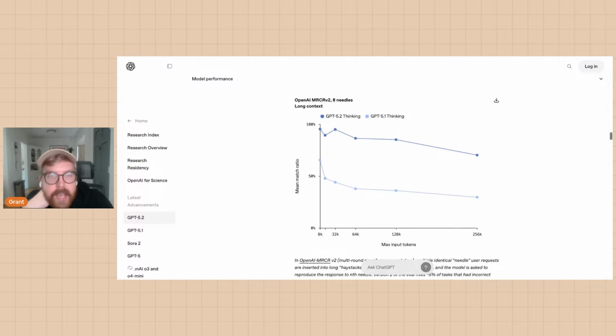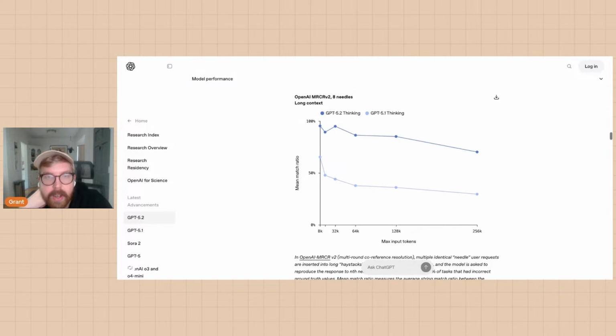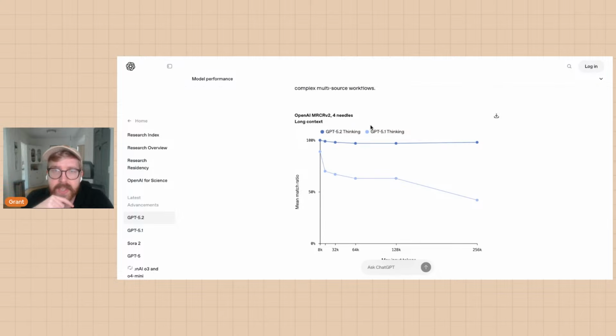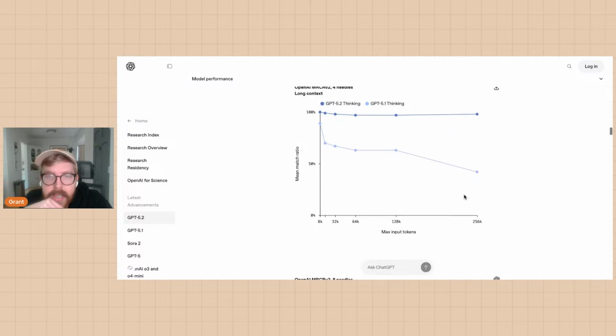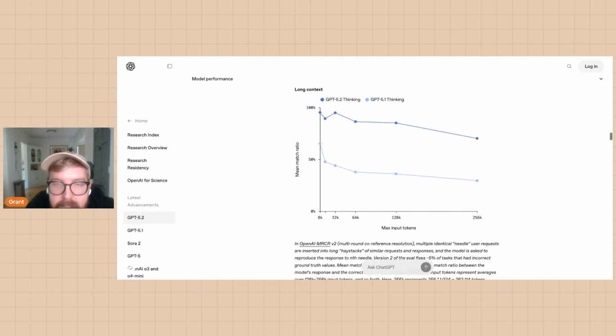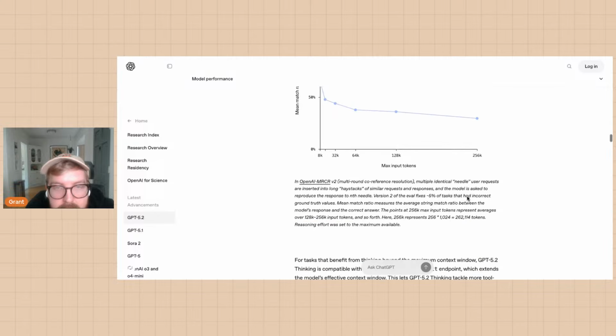Now, this is 8 needles in long context. So before, I guess they're tracking 4 specific things throughout this context, and then here, they're tracking 8. It's definitely not as strong as that, but 70% of the time it's able to track it. That's pretty good.